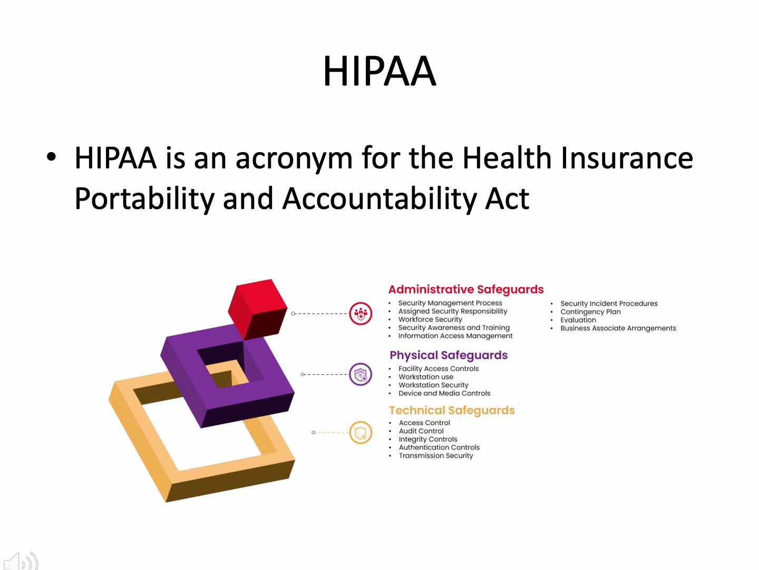HIPAA sets strict requirements for protecting patient health information, and its safeguards are organized into three key categories: administrative, physical, and technical. Administrative safeguards focus on policies, procedures, and workforce training. They ensure that healthcare organizations have proper risk assessments, security management plans, and clearly defined roles for handling patient data. This includes developing incident response procedures, assigning a security officer, and regularly training staff to recognize and prevent